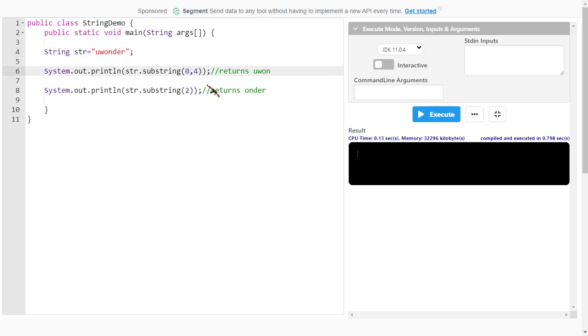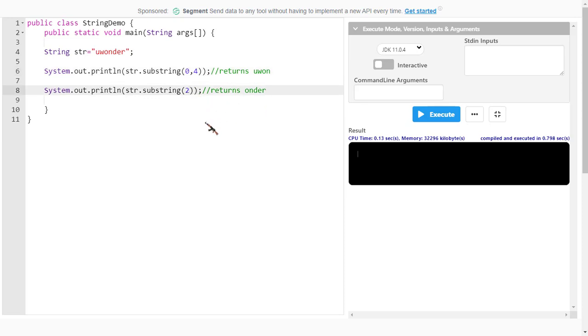Here I know the initial index and the final index. The initial index is 0 and the final index is 4. I want to get 4 characters from this string, so I mentioned the range from 0 to 4. I want to extract 4 characters from the start of this string, so I specify the initial value 0 and the final index 4. It extracts the 4 characters from this string.